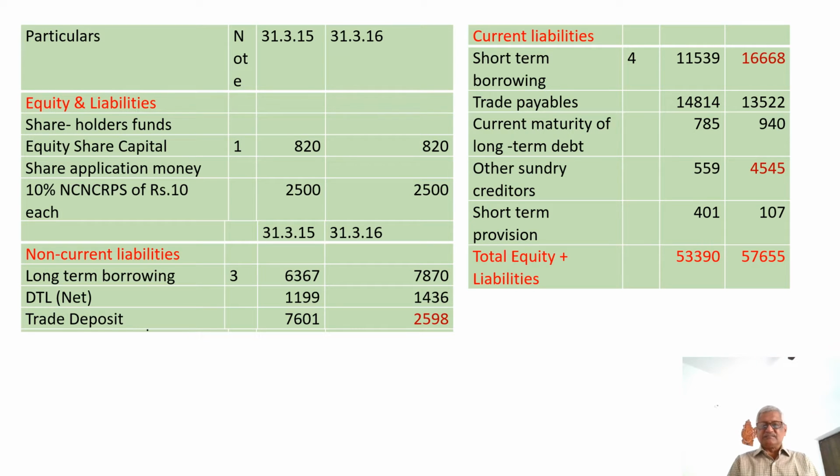Here when you look at the classifications, first one is equity share capital with note number 1, which gives further details on the equity share capital. Then we have non-current liability, of which one item is the long-term borrowing, where the further classification is given. Then we have the current liabilities, where again we have short-term borrowing, the details of which can be seen from the note number 4.